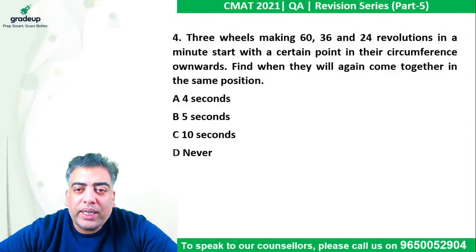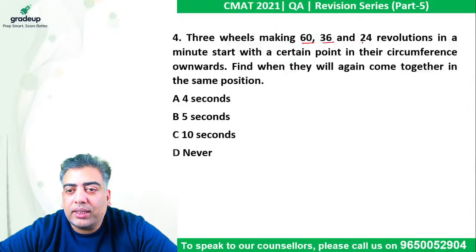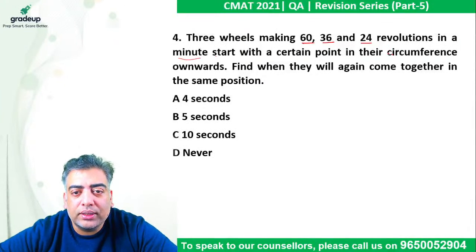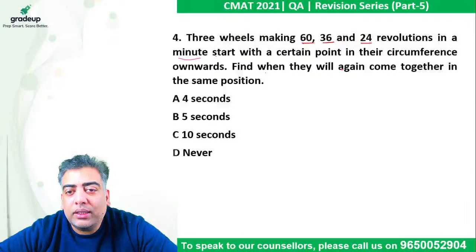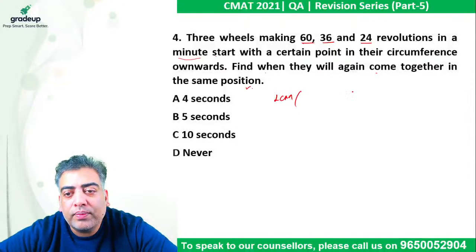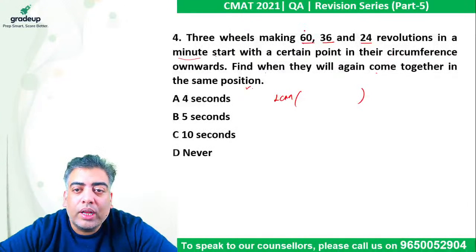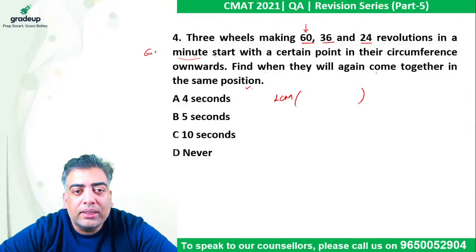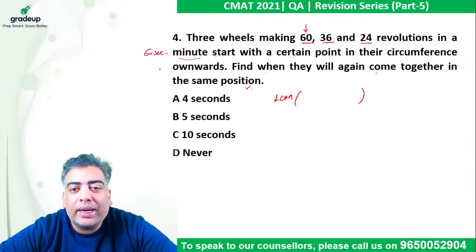Here he says 3 wheels making 60, 36, 24 revolutions in a minute start with a certain point in their circumference. Find when they will again come together in the same position. So in this case, we just need to take LCM of the time taken by them to complete one revolution. So it is making 60 revolutions in 1 minute. Answer is in second. So let's write it as 60 seconds. So can I say time taken for